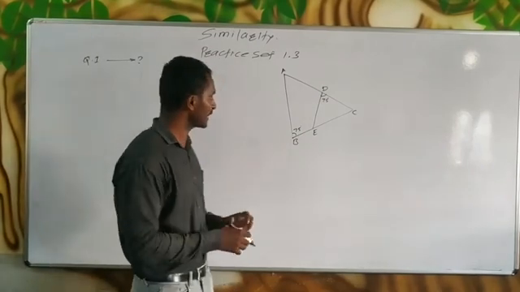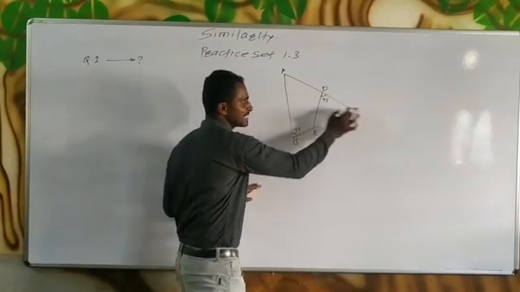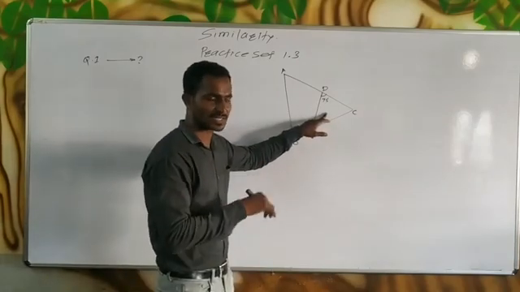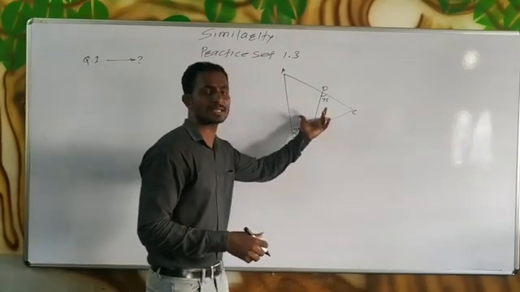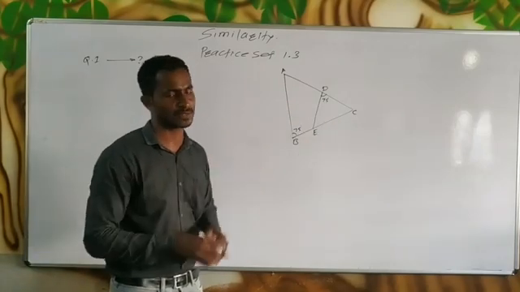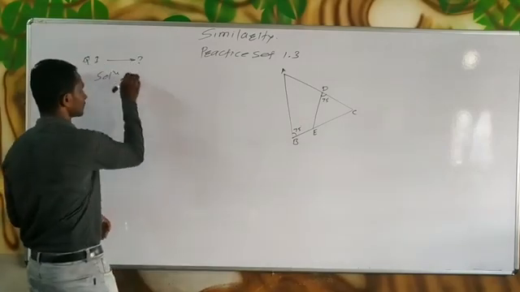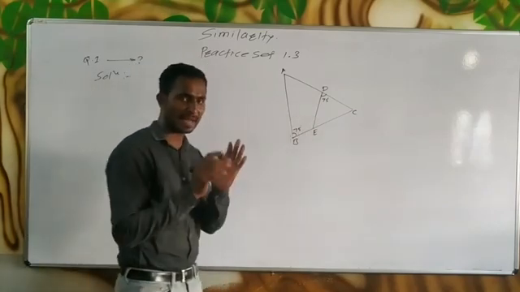Here it is asked that in the figure angle ABC equals 75 degrees as well as angle EDC equals 75 degrees, you have to write the proper correspondence for the similarity of these two triangles, and we have to state by which test of similarity these two triangles are similar. So we can solve this. The solution: simply, these two triangles are similar by the AA test.